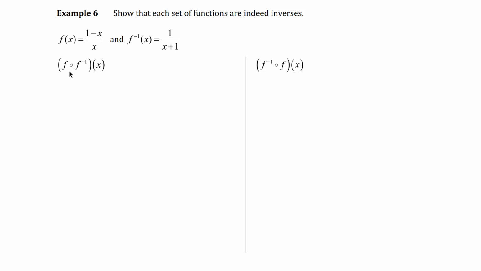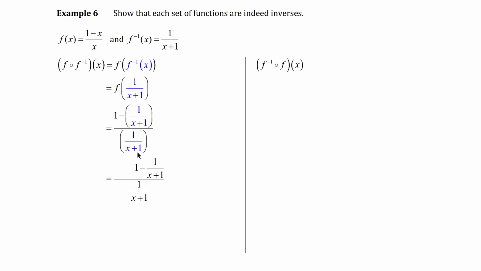Starting with f composed of f inverse of x, we get f of f inverse of x. f inverse of x is just 1 over (x plus 1), so we have f of 1 over (x plus 1). From here, we substitute in 1 over (x plus 1) into the function f everywhere we have an x. So we have (1 minus 1 over (x plus 1)) divided by (1 over (x plus 1)). Next, we could drop the parentheses, and now we need to combine the 1 minus 1 over (x plus 1)